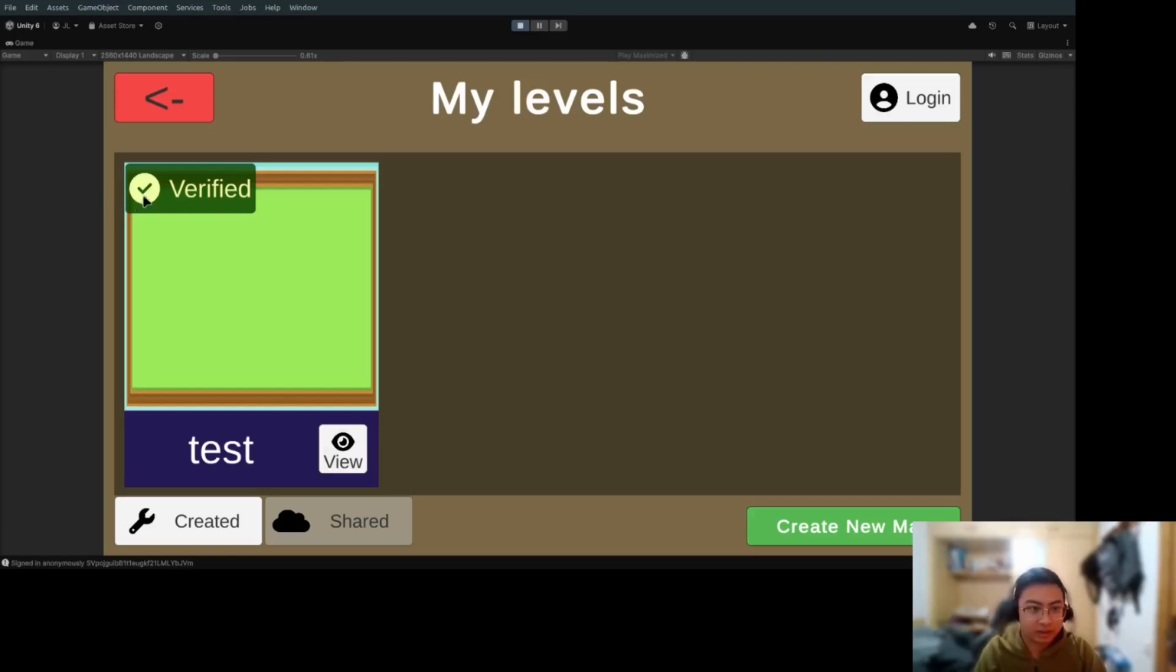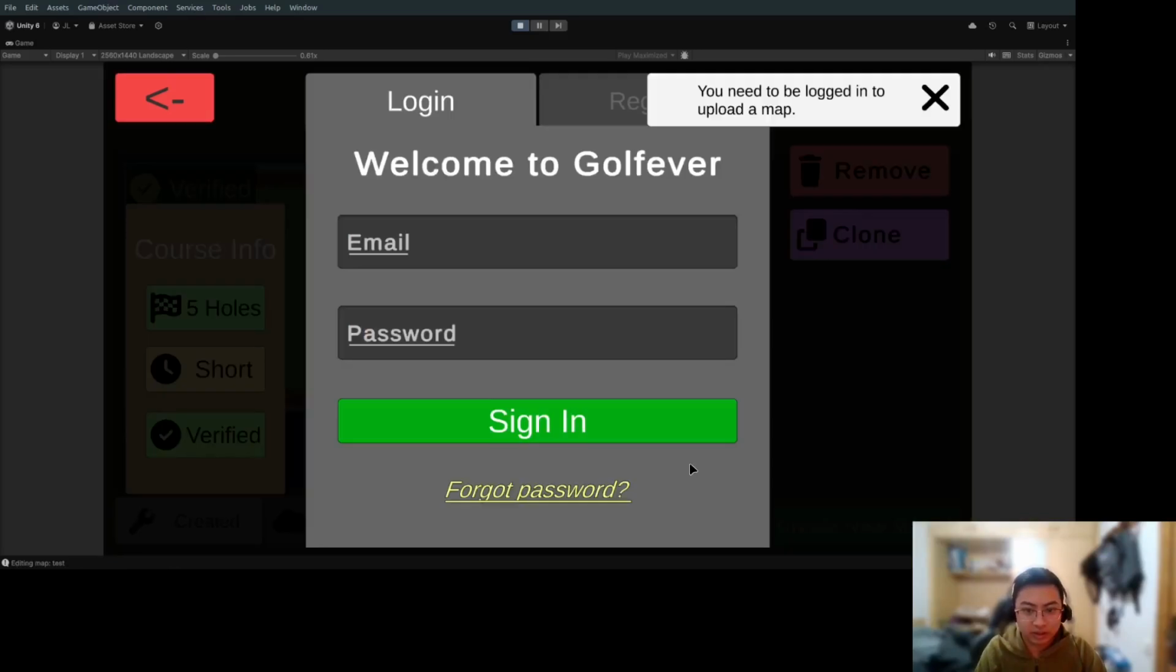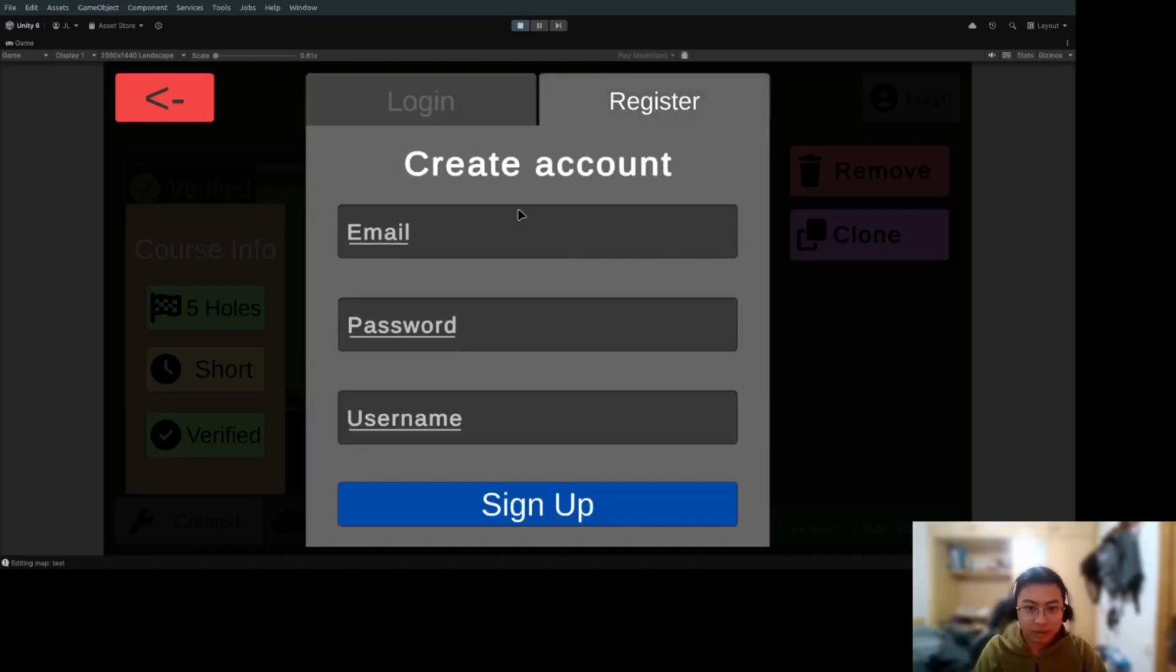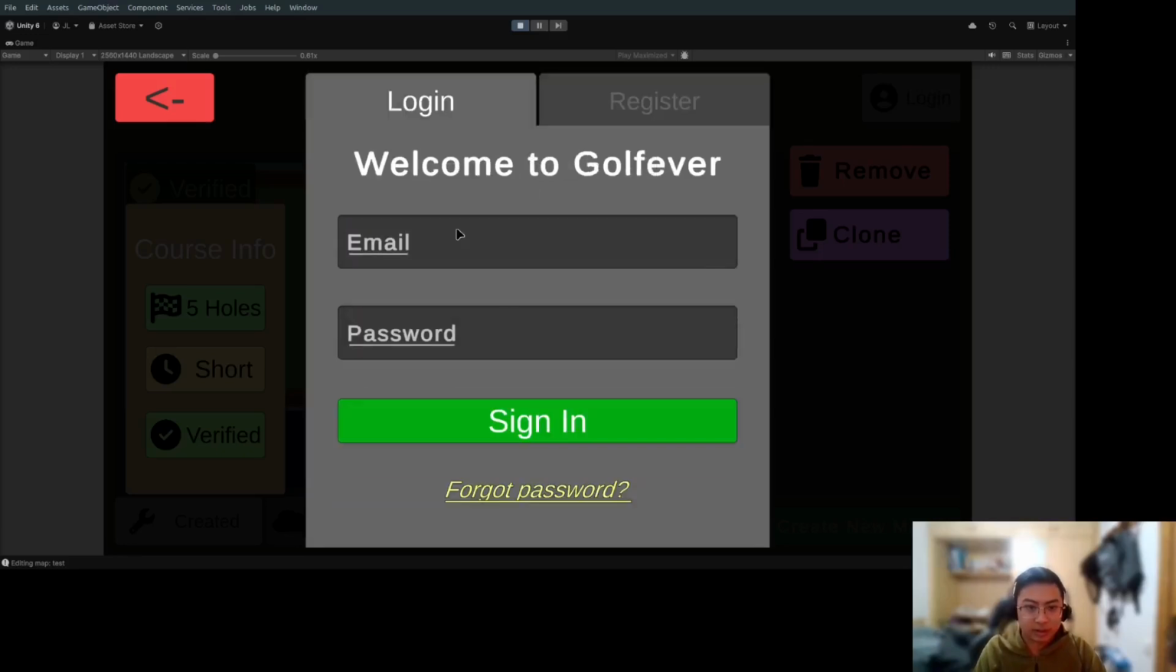So here we can see now that it is verified, and you could go here and try to share, and what happens? It asks you to log in. Well, you have to first register and then log in. In this case, I already have